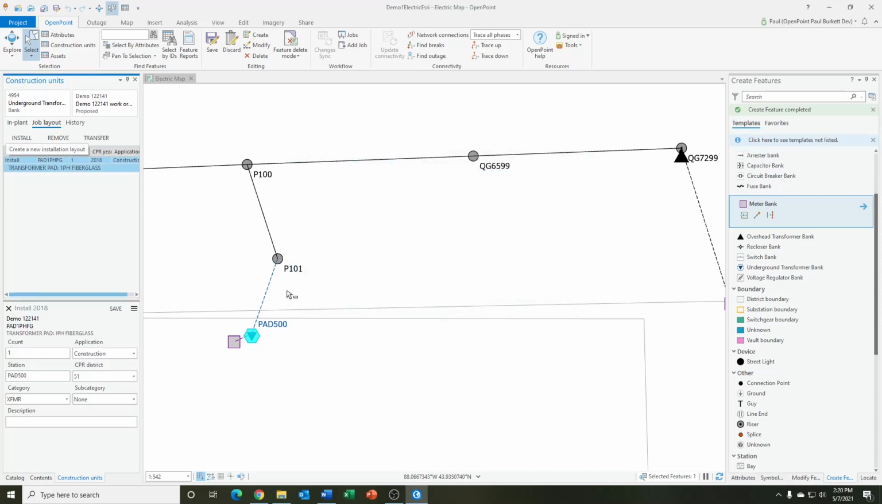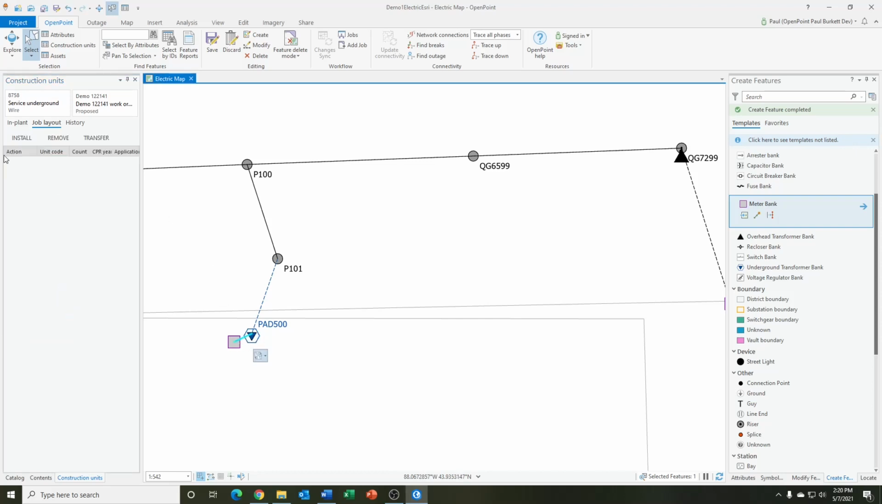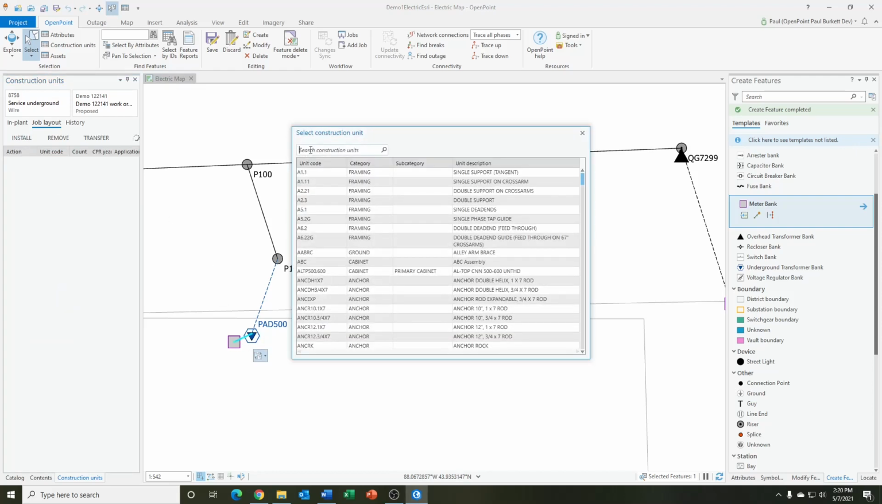That's going to go with that. Now notice that I didn't actually install the transformer itself. Some utilities will have different processes around transformers and meters both, and so those may sometimes be done in separate processes outside of a work order. So to keep this one simple, we're going to go ahead and assume that, and we're just going to install the transformer pad, and then I'll click on the service wire and do an install there, and then we'll type in the code for that,